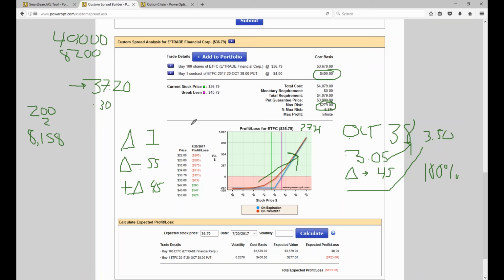40.79, 200 shares. My risk would go up a little bit higher, still within a reasonable range, but it would go up to, what is that, 558? Yeah, yes, of course, 558. I'm guaranteed to get 38 bucks back. That'd be 7,600 bucks. So my maximum risk is 558. Okay, so I've taken about a fourth, almost a fifth of my total portfolio to invest in 200 shares in this position, but